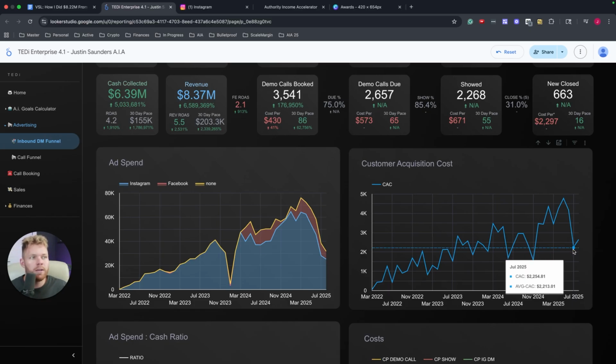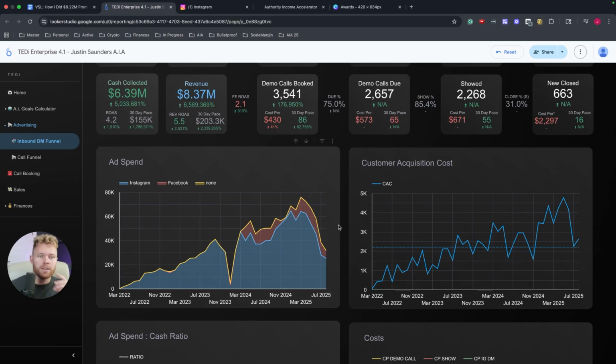$2,200, right? And in July, we were literally at $2,200. We were $40 more, which I'm fine with. And this month, I think we'll even be lower. So the beauty behind this, and I think this is the other reason I want to share these numbers with you, is that anyone that just shows you an upward trend graph is lying.